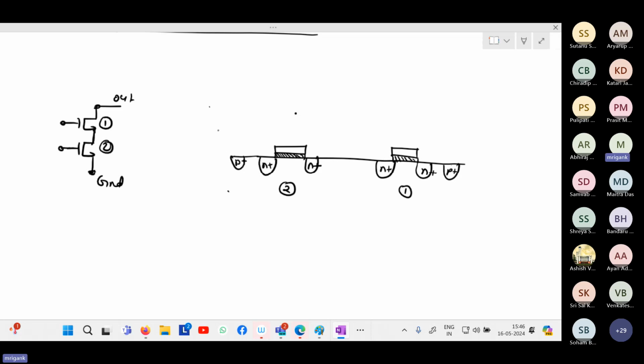As I told you, after the MOSFET fabrication, this entire MOSFET will be covered with field oxide. This entire region will be covered with field oxide. And on the top of that, there will be